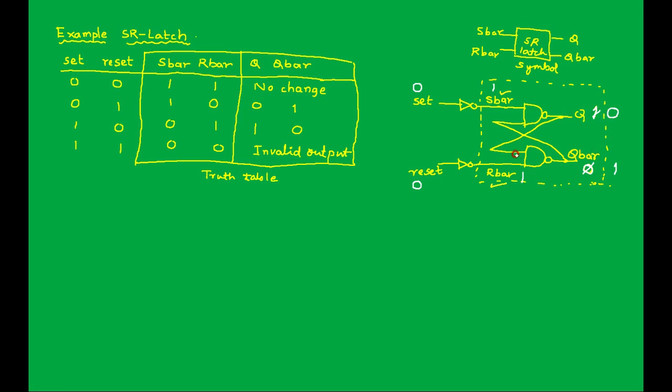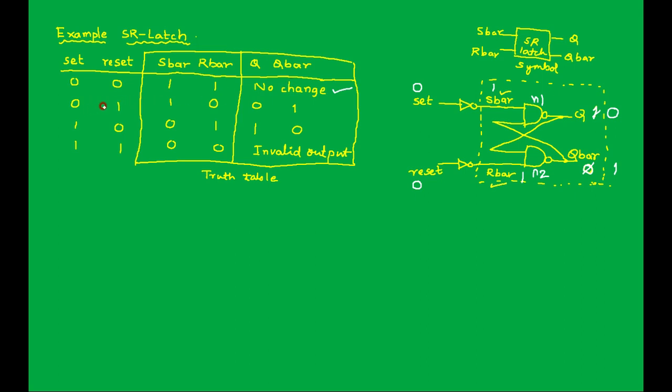For this particular NAND gate, you can number it as N2, and this was N1. For the N2 NAND gate, the inputs are 1 and 0, so you get output 1. For the N1 NAND gate, both inputs are 1, so you get output 0. That means outputs Q and Q bar are not changing. So for the first combination, when set is 0 and reset is 0, S bar and R bar will be 1 1. In that case, Q and Q bar will be no change. Q and Q bar retain their previous values.